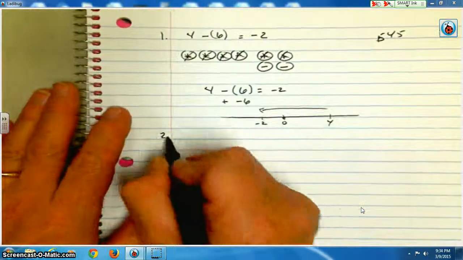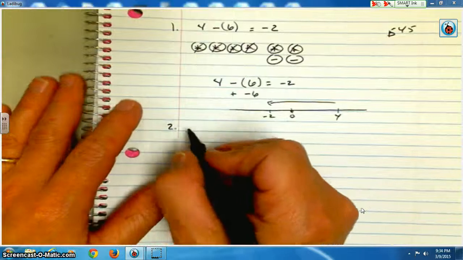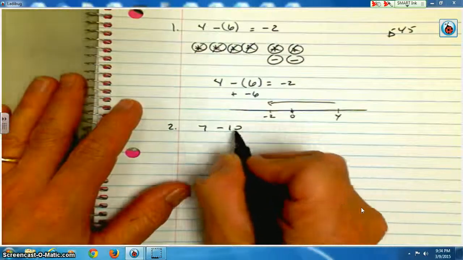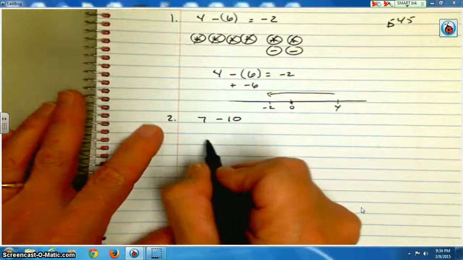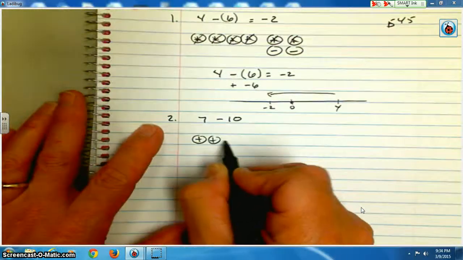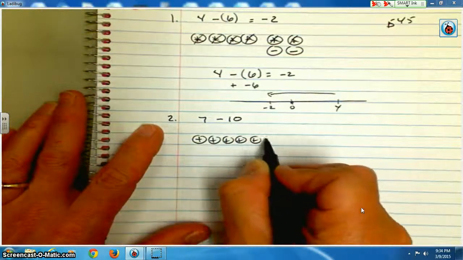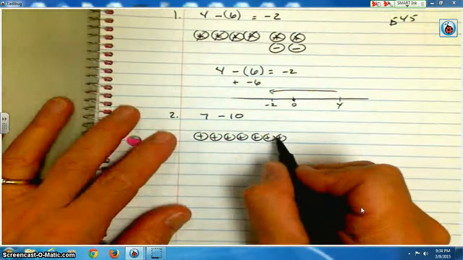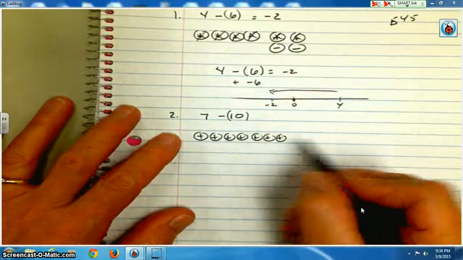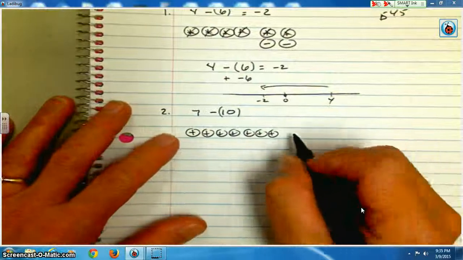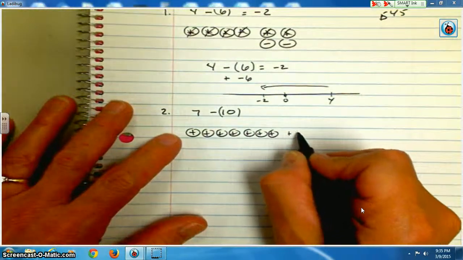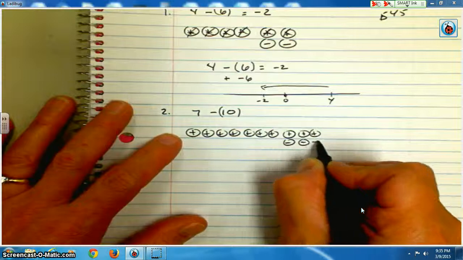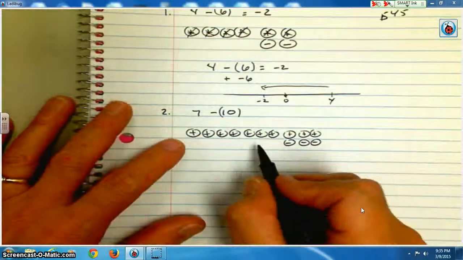Let's go to number 2. We have 7, and we're going to subtract 10. So we start with 7, 1, 2, 3, 4, 5, 6, 7, and we want to subtract positive 10, which we don't have enough positives to subtract, so we're going to add 1, 2, 3. We have to add them as zero pairs. So now if we subtract 10,